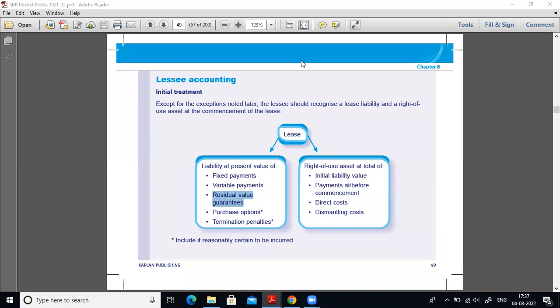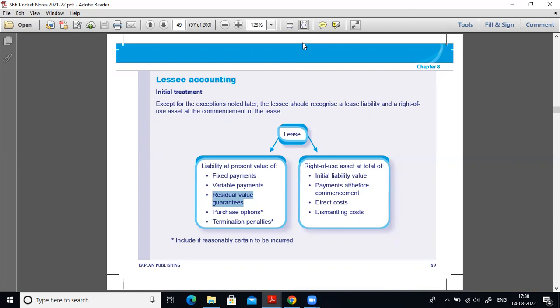Yeah. Now, residual value guarantee. Generally, if there is a lease agreement between the lessor and the lessee, and if the lease agreement gives a right to purchase the asset, that is, if the lessee can purchase the asset after the lease term at a value which is less than the market value, and if the lessor gives any guarantee to that, here the lease agreement clearly says that the lessee will be using the asset.